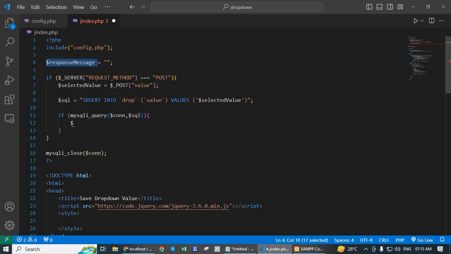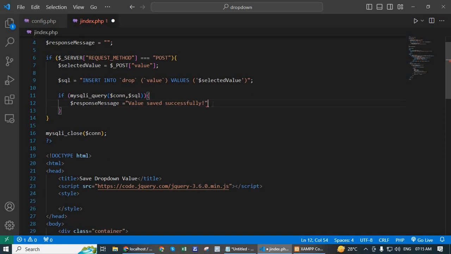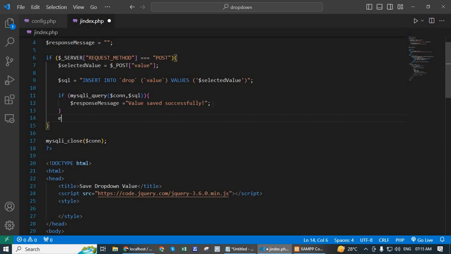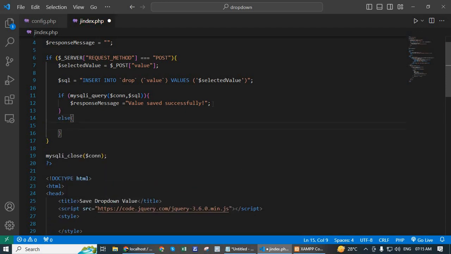Copy this variable, pass response message equal to value saved successfully. Else, copy this response message, paste here equal to error double quotation error